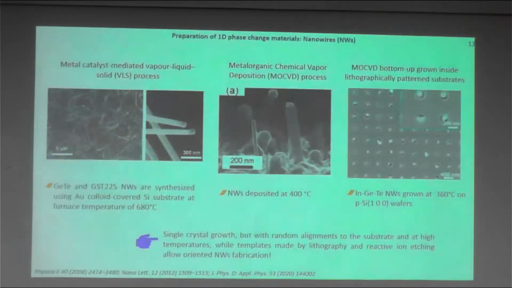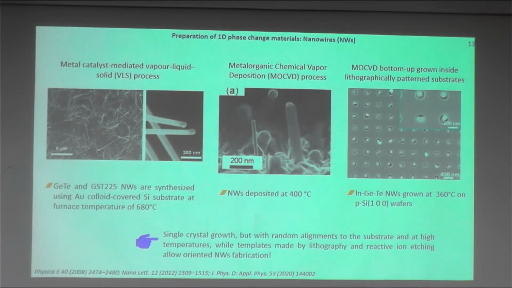So now let us look at some properties of 1D objects. 1D objects, these are nanowires. The nanowires can be produced by using the so-called VLS process. This is vapor, liquid, solid. But for this process, you need a special catalyst, which helps the nanowire to grow. Here, in this case, you use gold. And nanowires like germanium telluride and GST can be grown on a substrate at a temperature of 680 degrees